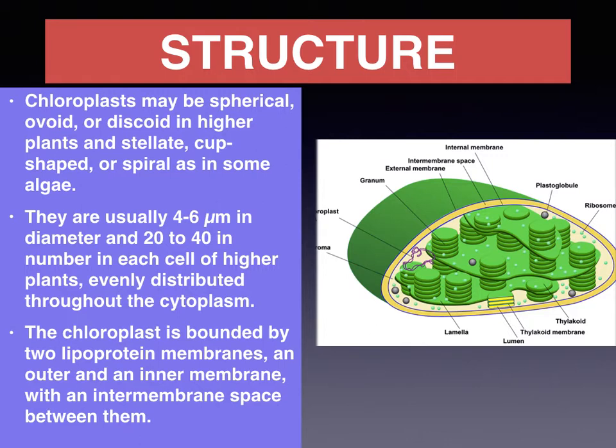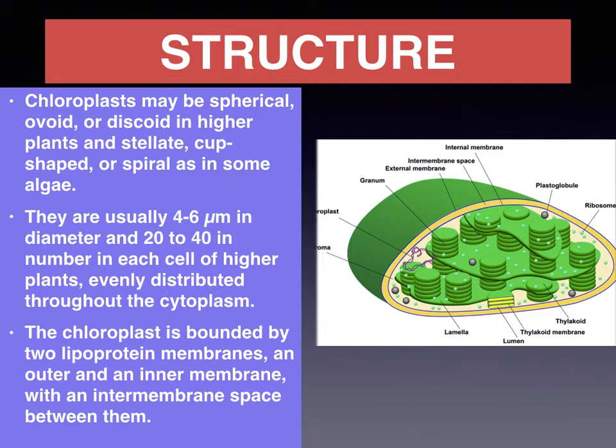Now in mitochondria, there were cristae, the finger-like projections that helped in the generation of ATP. But here you will have a stroma. Stroma is this greenish thing that you can see. And in this stroma you will find what looks like coins stacked together. These coin-like structures are known as granum. This is what you need to know so far about the structure of plastid.